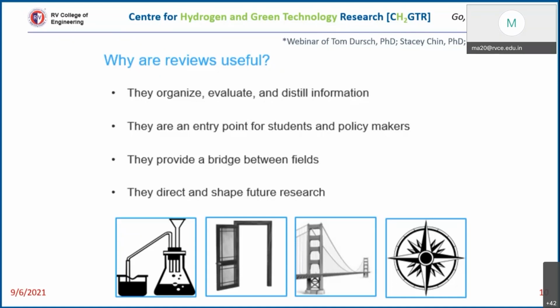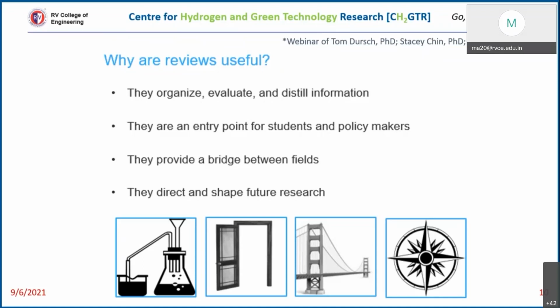Nanomaterial synthesis and characterization, you may feel that it is part of chemistry, but then you want to use those nanomaterials in civil engineering. So you are trying to bridge the gap between two disciplines, chemistry and civil engineering, or chemistry and electronics. Okay, that should be done through a review article. That becomes the purpose of a review article.